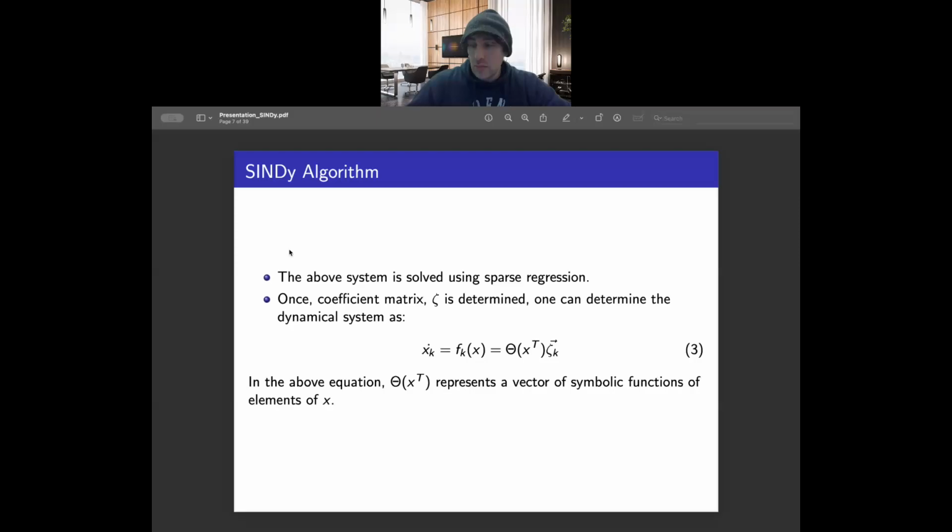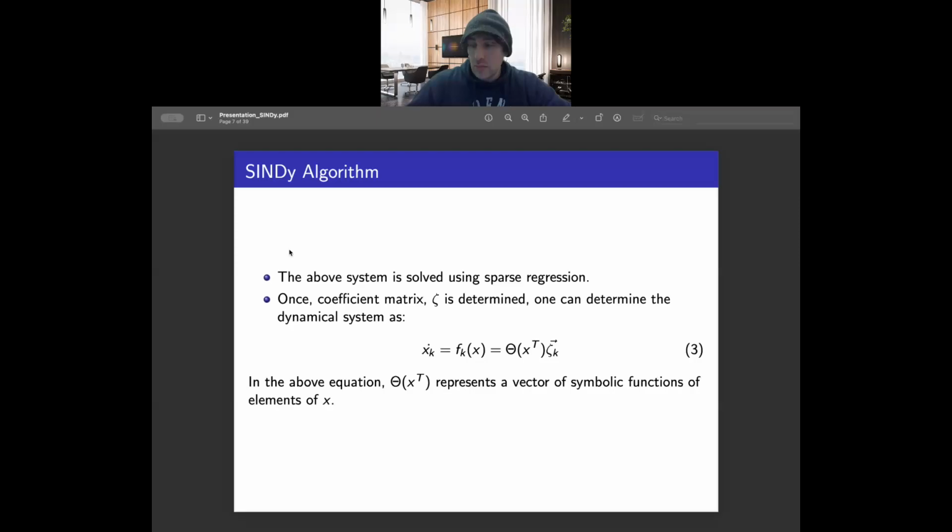Actually, in these slides, I haven't included the methods that we are using. Usually, we use lasso regression, where we use the regression problem plus a hyperparameter term, so that we get sparse regression terms. Another algorithm that we use is STLSQ, where we have the ordinary regression. But after doing the regression step, we use a thresholding step, where if any of the coefficients is below the threshold, we make it equal to 0. And these are the two regression techniques that we have been using in the SINDy algorithm.